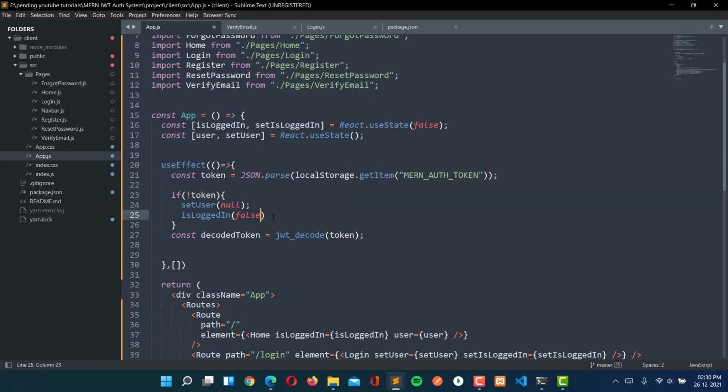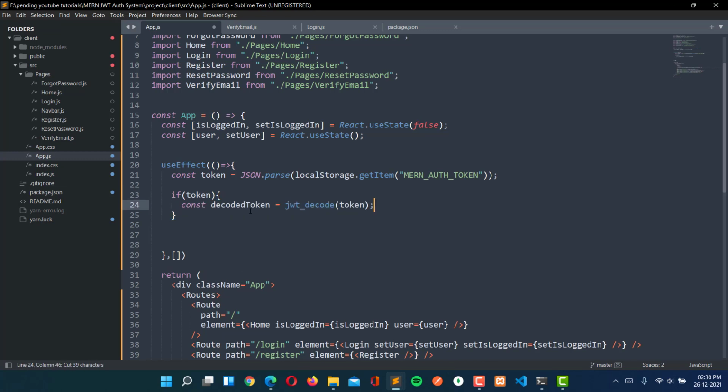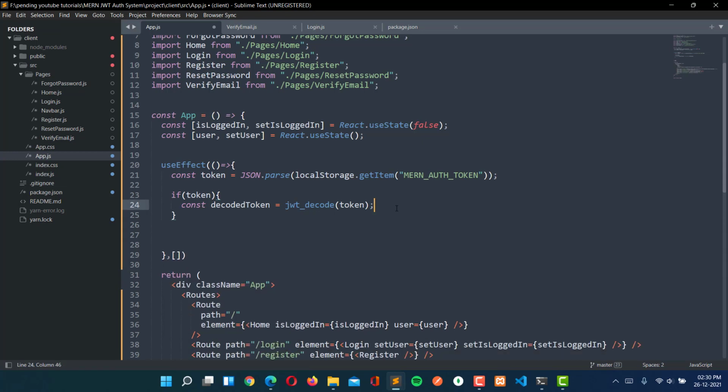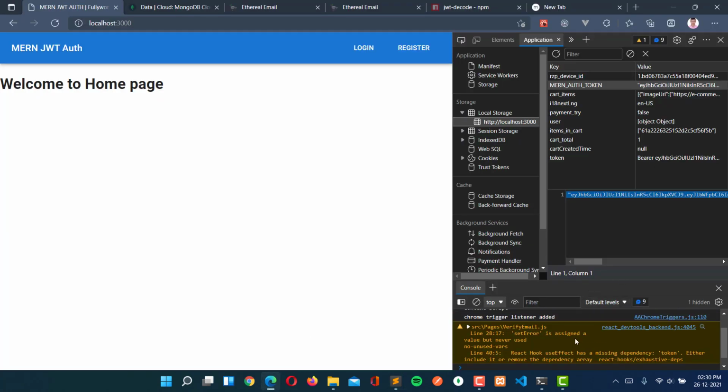As this is false by default, I'm not going to handle this, so just remove this. Here we will check only if the token is present. If the token is present, then we are going to decode this token, and from this decoded token we will get... See what was in the decoded token.